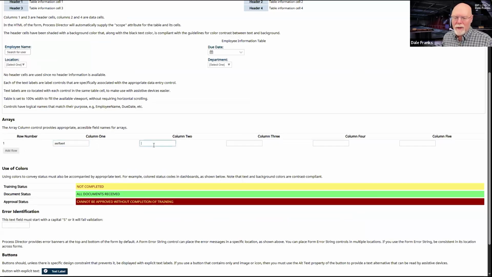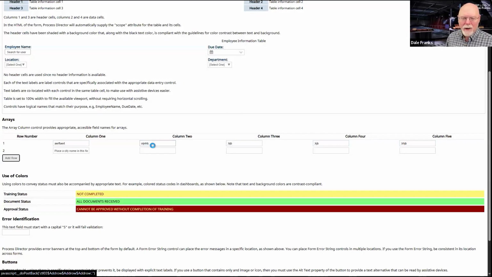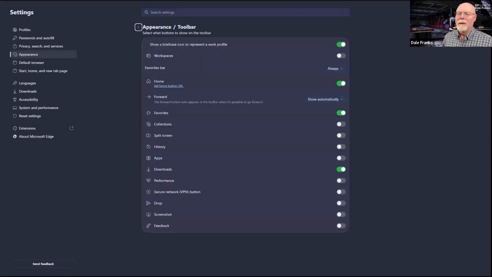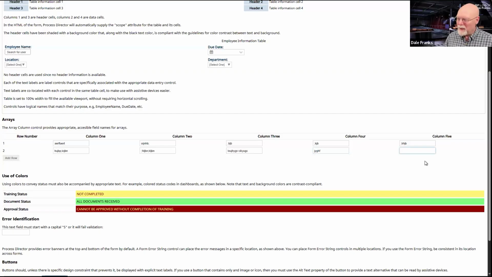So let me just add, well, I hit tab too soon. I'll add a row and, oh, I'm hitting buttons and I don't know what they are. Okay, so now I've got two rows, right? Row one and row two. So when I go over here, oops, that changes the size of the screen. I don't want to do that. Let me go up here. There we go. So now we will compress those.